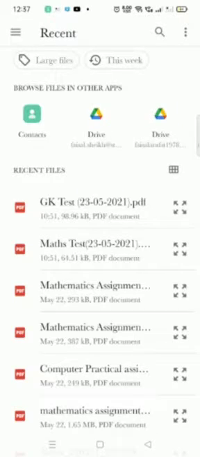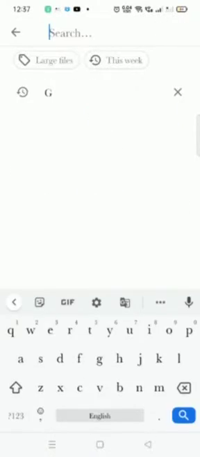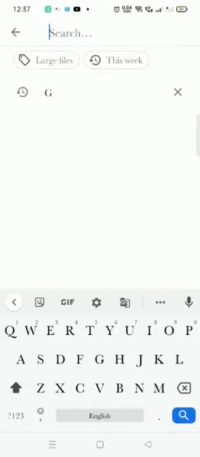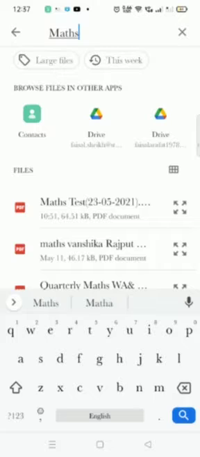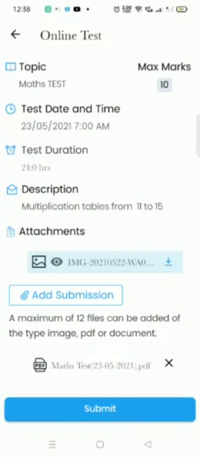You have to click documents, and then here in the search bar you can type which test you want. Maths test. Okay, so it has come on the top here, maths test. I have already made a PDF through CamScanner so that you know how to make the PDF. First of all, you have to write the answers on a paper, click the photograph, make the PDF through any PDF maker app, and then you can upload it here. So this is my document. Here, children, I have uploaded my PDF.